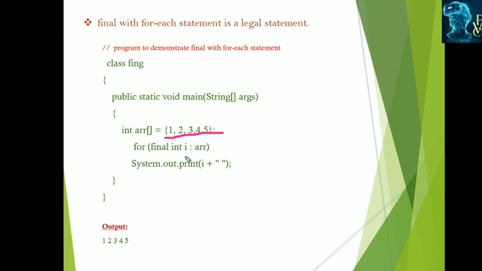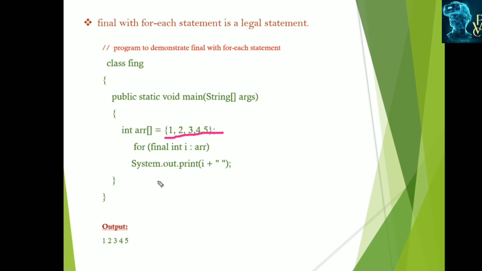In the for each loop, there is no need to increment or end the loop. Automatically it can traverse the array index values up to the array size. So final variables can also be used with the for each statement.